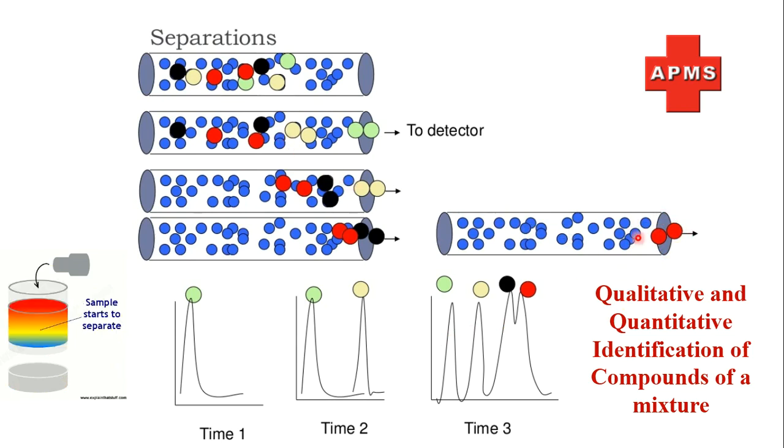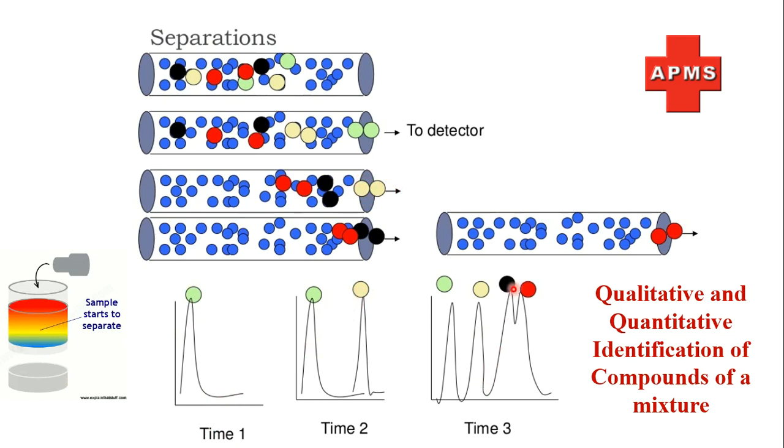So this is actually a qualitative and quantitative estimation shown for this type of mixture. Suppose this is an organic compound, this type of four component mixture of organic compound. Here qualitative and quantitative both types of measurements or identification are shown in these curves. See, which one is first eluted, this green colored. Now when a detector detects this, we get this type of peak, this first peak, the first time. After some time, we will get a peak for this second eluted molecule.